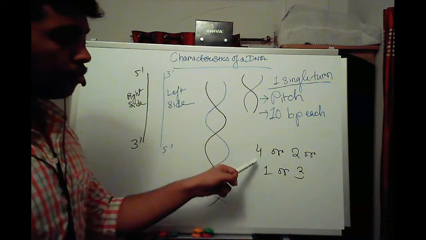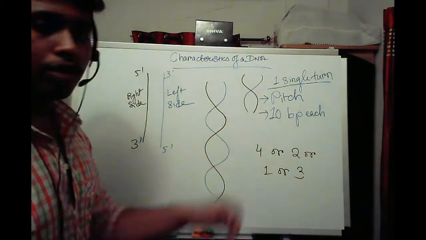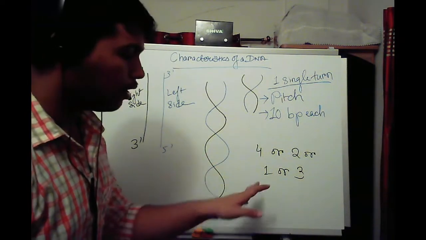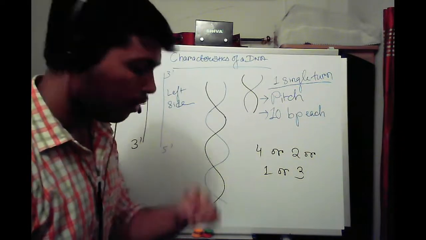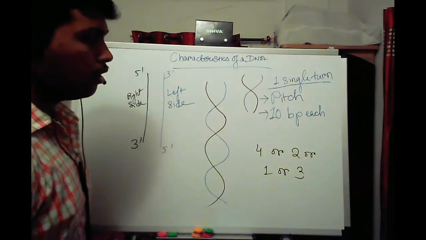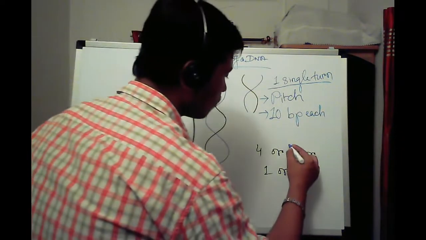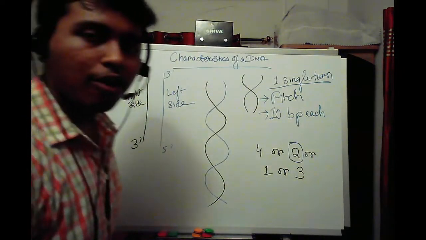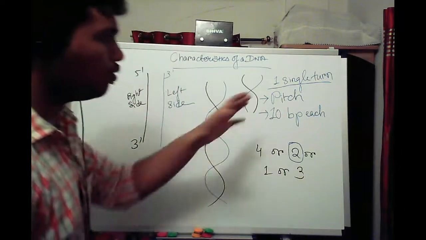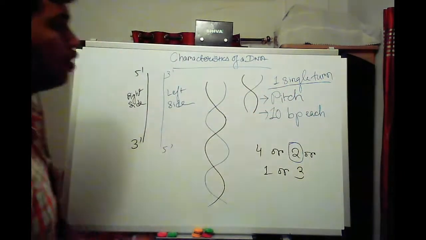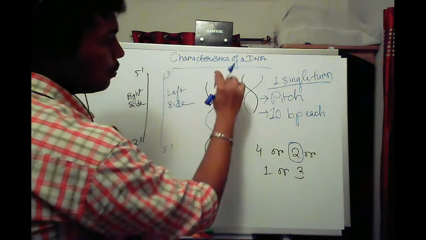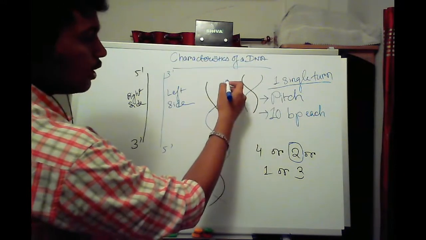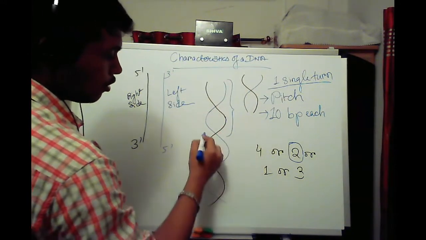If your answer is four, then my dear, you're absolutely wrong. If your answer is one or three, you're again wrong. The actual answer is two. If you said two, congratulations, you know what DNA is. You have grasped this idea of a pitch. One complete turn of DNA is a pitch. So one pitch,